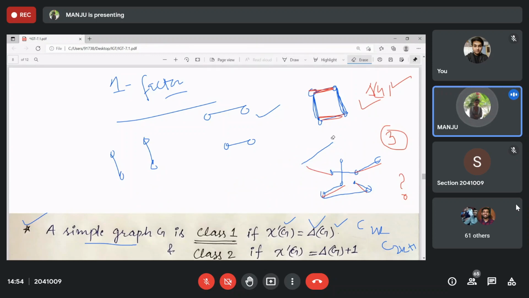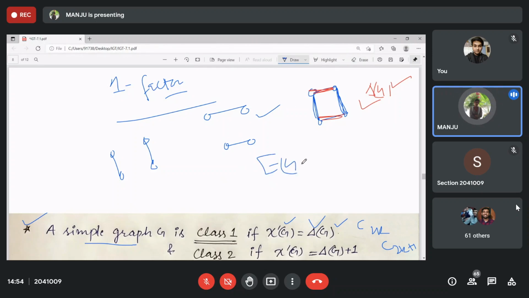The thing is, this will be possible where all the edges can be factored into one factors or not. That is, can you decompose the whole edge set as a combination of one factors or not? One factor F1, another factor F2, or A1, A2. This is also one factor, and so on, right? Then you can easily do it, right?